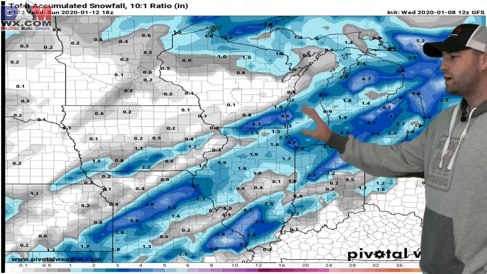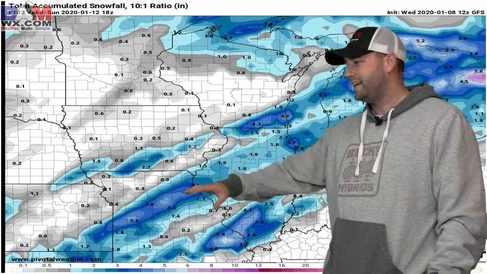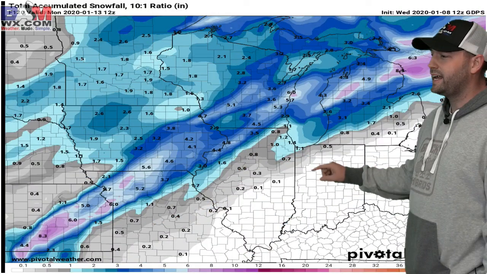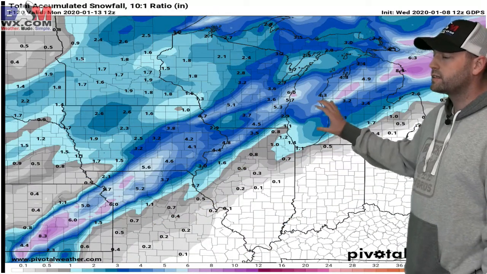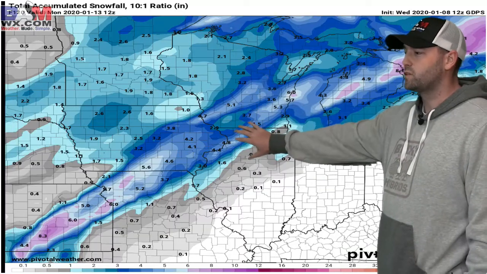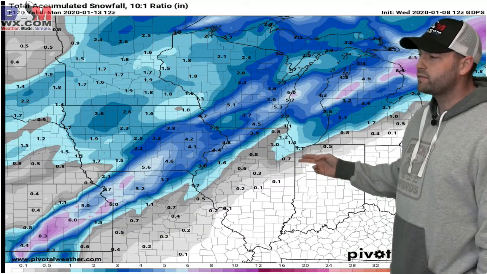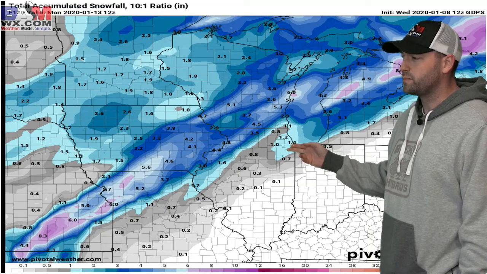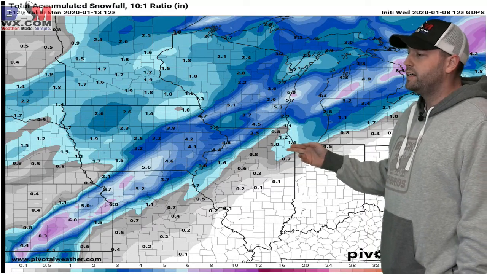So that's why we sift through that noise and say, hey, this isn't what we want to look at. We look at the Canadian model, all right? It looks a lot more like the European. You see it does have a swath of snow that stretches all the way down from Kansas, northern Missouri, eastern Iowa, across Wisconsin, northwest Illinois. Not really much here for the city of Chicago. This is a little bit of backside snow action here, but maybe an inch or something.